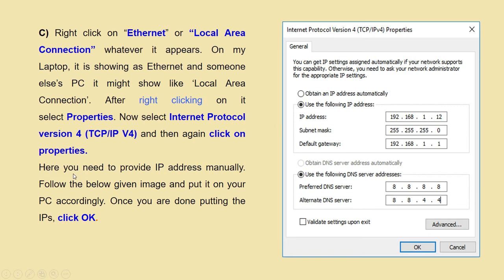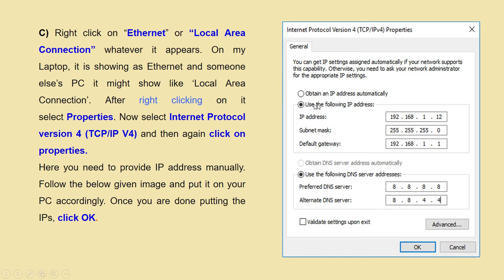Here you need to provide the IP address manually. So follow the steps and put it on your PC accordingly. Once you are done putting the IP, click OK. This one is automatic IP and this one is manual IP.